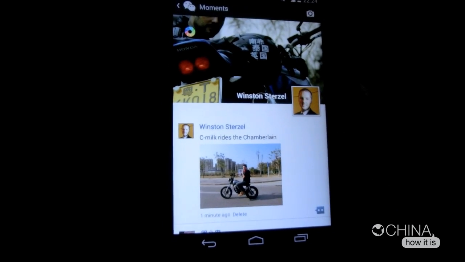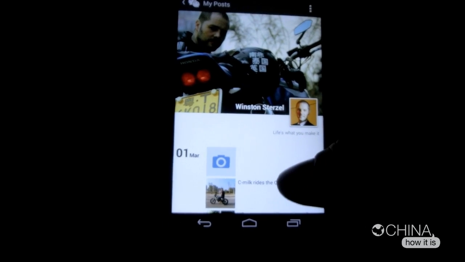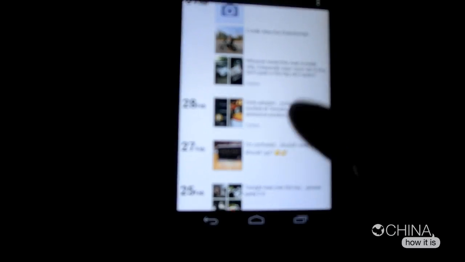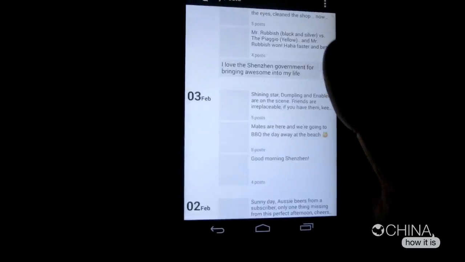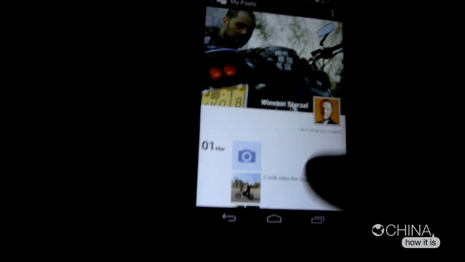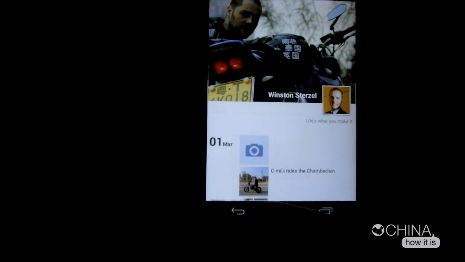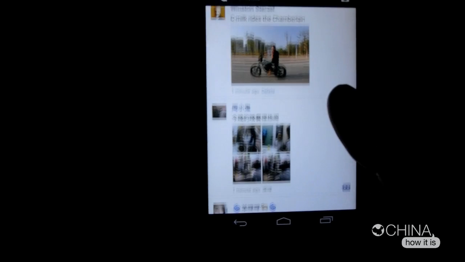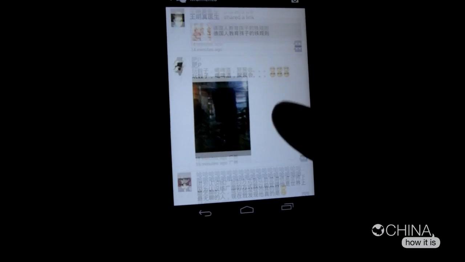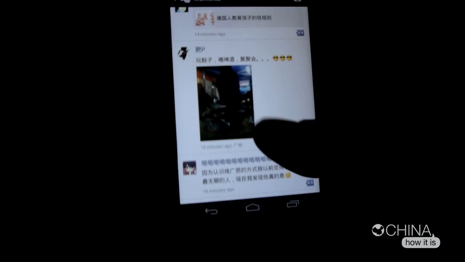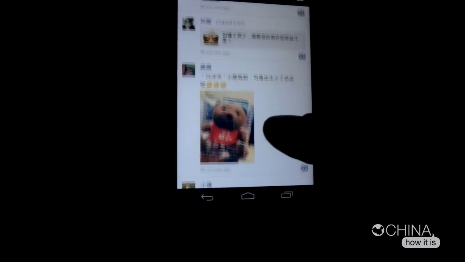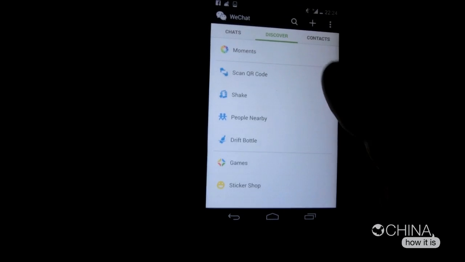You can click on your own picture here, it'll go to your page, and you can basically see the things that I've been posting. It keeps it a list, so it's kind of useful. That's built into WeChat. It's useful when your friends post interesting things and not bloody pictures of their food all the time, which is something that's very normal here in China. Just food. Anyway, so that's the whole discover thing.